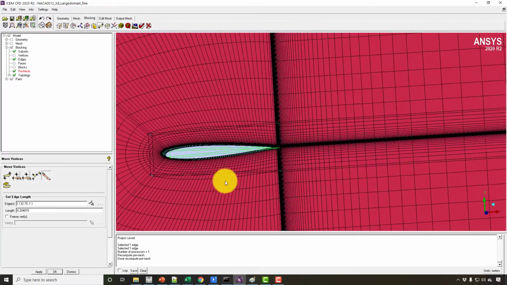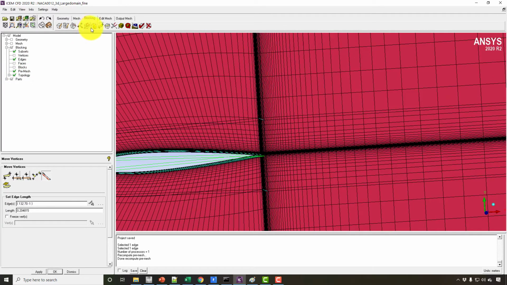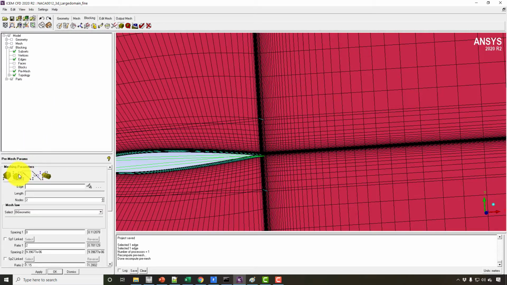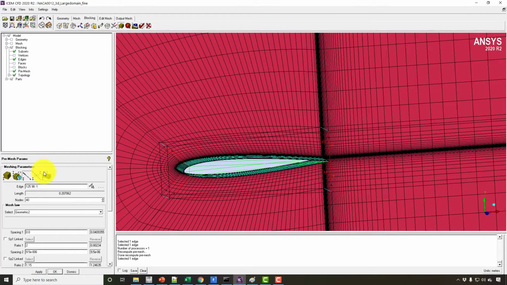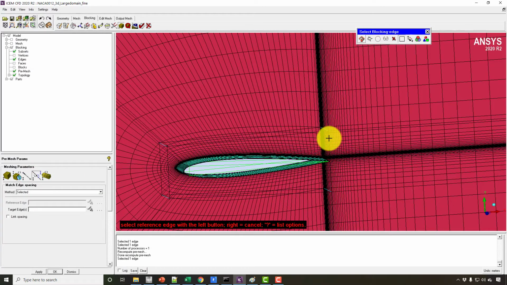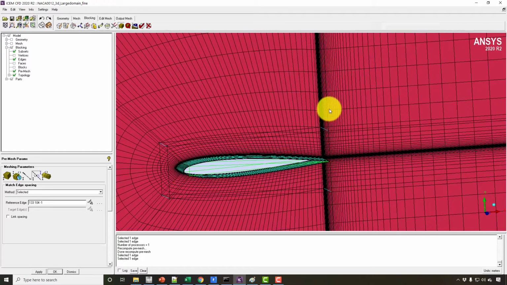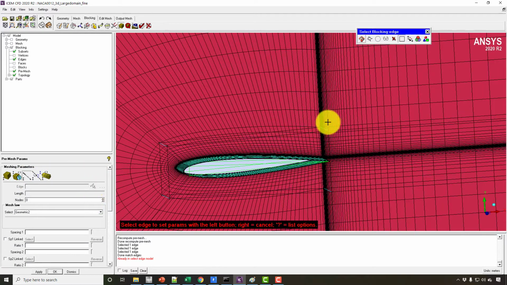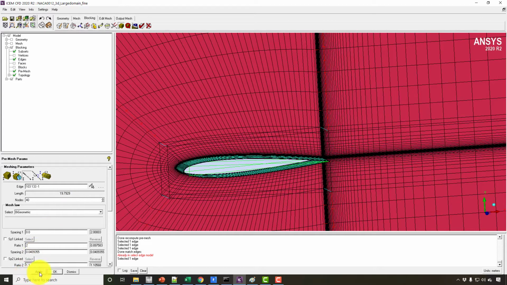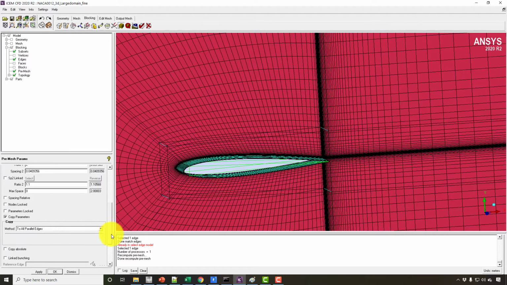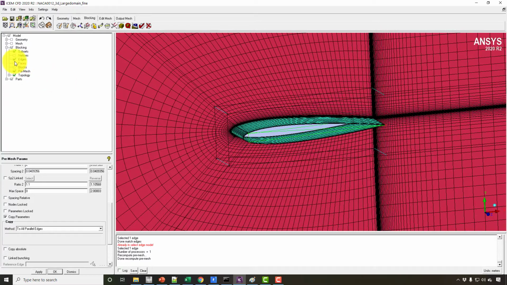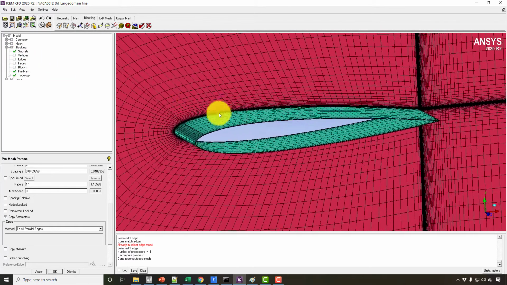So it's okay now. And again click on the mesh to be computed. So now I think this is a much better mesh than the previous one. And one more thing is that now I can play with the number of nodes here. So I will keep the number of nodes at 40 here and just reduce this region. And also I will copy parameters from the inner block to the outer block so that the blocks have the same mesh on both sides of the block change. And now I will recompute the pre-mesh.